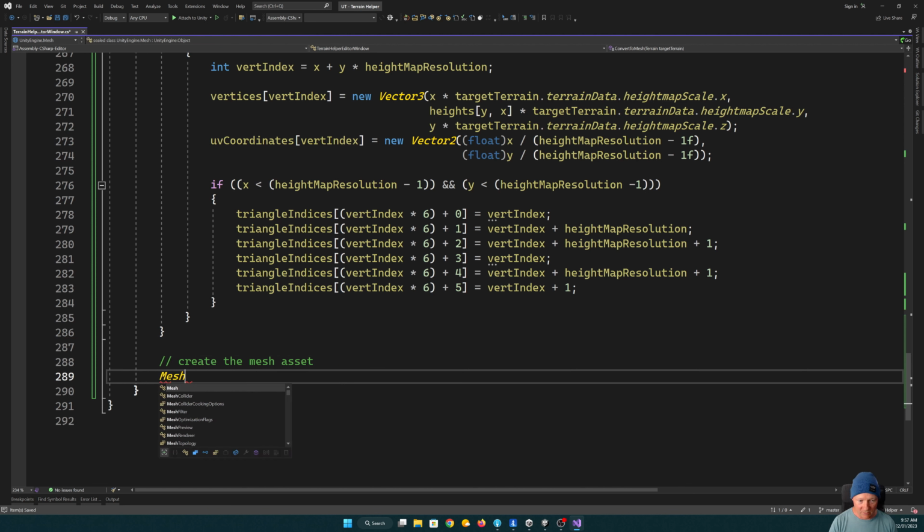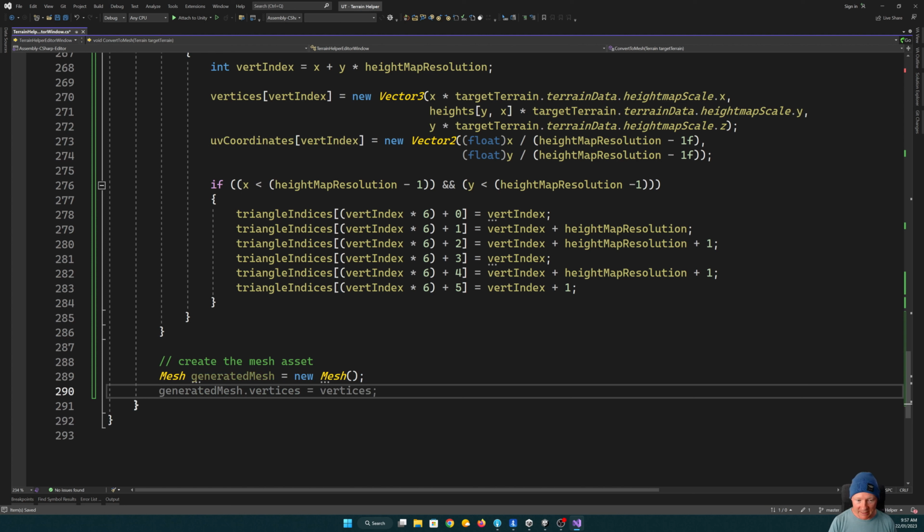So what I do is generated mesh is a new mesh. Now I need to set its index format. And what I need to do is check the number of indices that I have. So if triangle indices length is greater